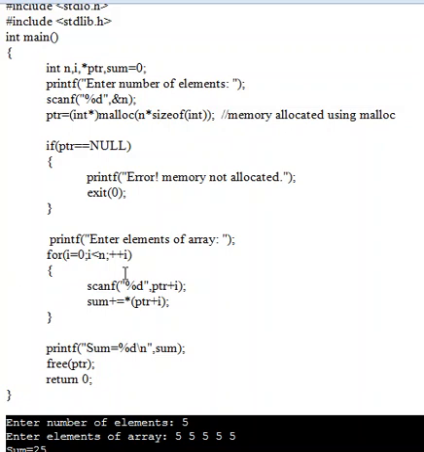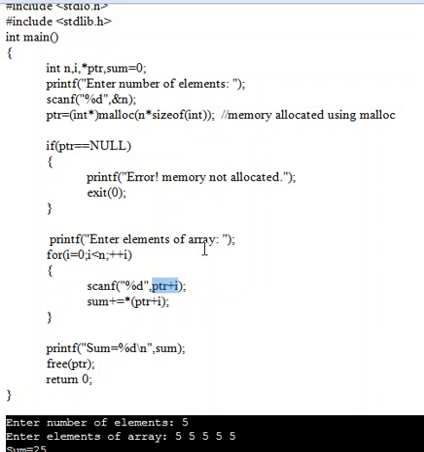Next, i plus plus. i is equal to 1. 1 less than 5, condition true. Now it reads the second element and it will be stored at address of ptr plus i again. Now ptr is having the same base address, plus now i is equal to 1. So base address plus 1 into 2, that equals base address plus 2. Base address plus 2 is the address of the second slot. So in the next address location we are placing the second value.